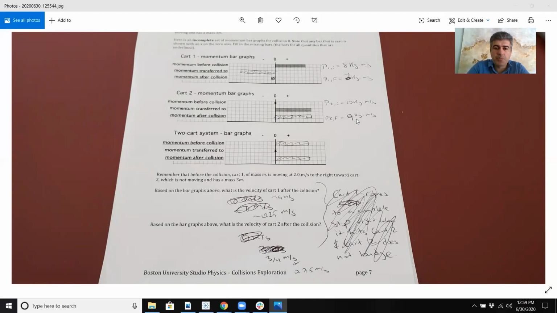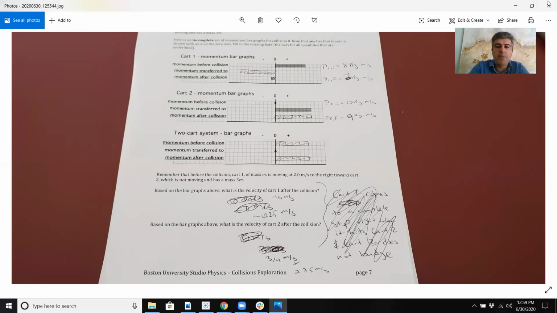But the overall momentum is going to be 8 because it was 8 before. If you look at P1 initial plus P2 initial, 8 plus 0 is 8. But here you're doing 9 plus -1, which is also 8. So you expect that to be conserved. Because the initial velocity was 2 meters per second for cart 1, its mass is 4 kilograms. Cart 2 had triple the mass, it's 12 kilograms. So if you consider that carefully,